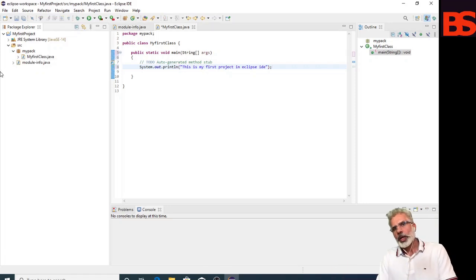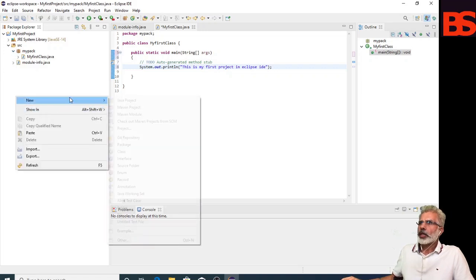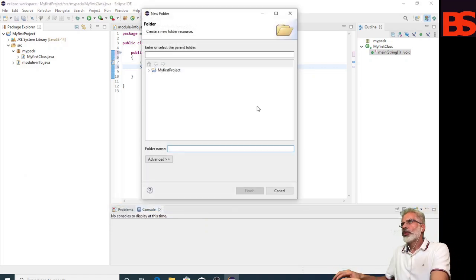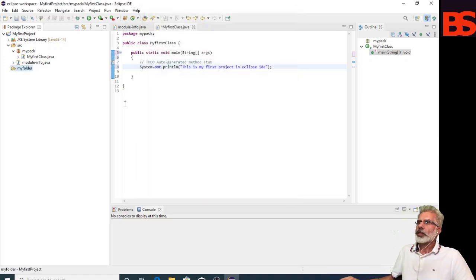If you want to add more folders into your project, you can, and for this you can right click, New and Folder, and give the name to the folder and select the parent folder. Like you want to save this folder into my project, leave it. My folder is the name of your folder.